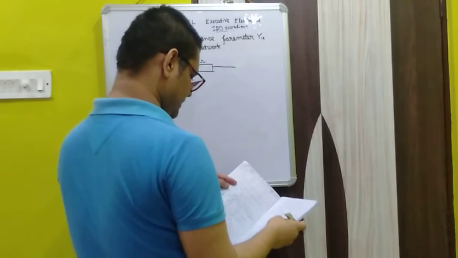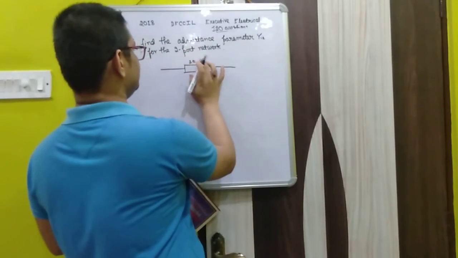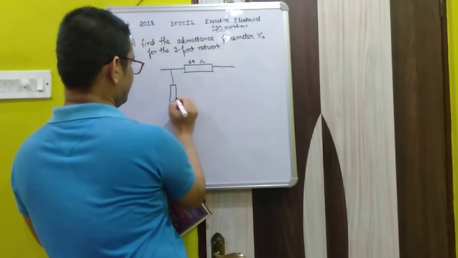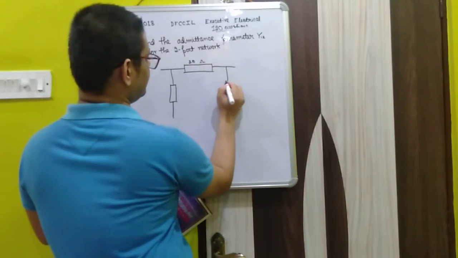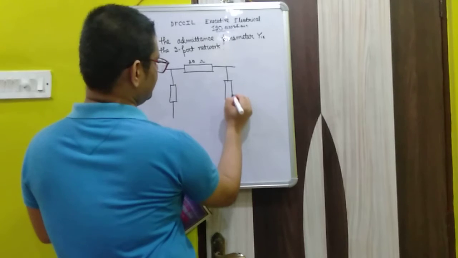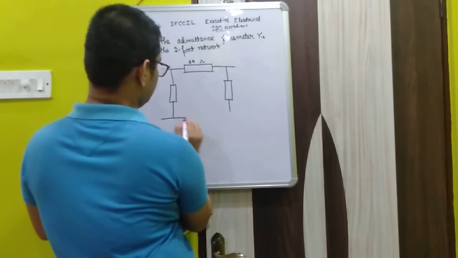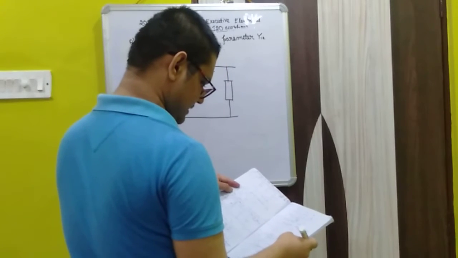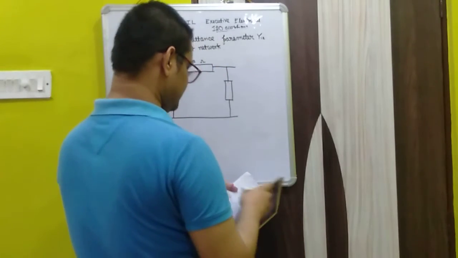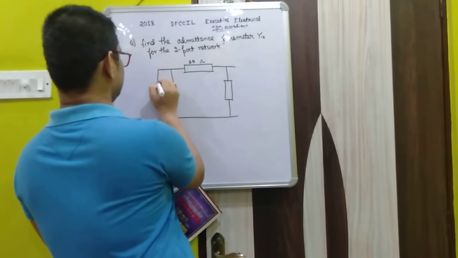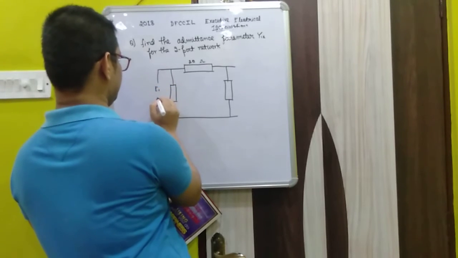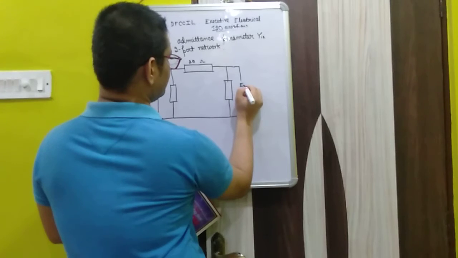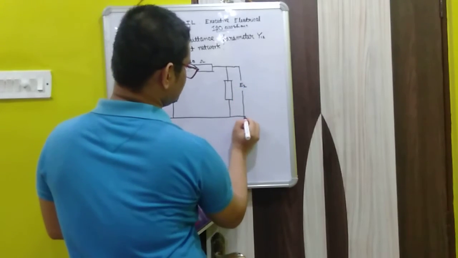Now this will be, sorry, it's not 200 ohm, I'm really sorry, it's 20 ohm. Now there are two resistances over there that are parallel to each other. These two are parallel to each other. And there is E1 and E2, the voltage sources. This is E1 and this is E2. These are the two voltage sources over here.